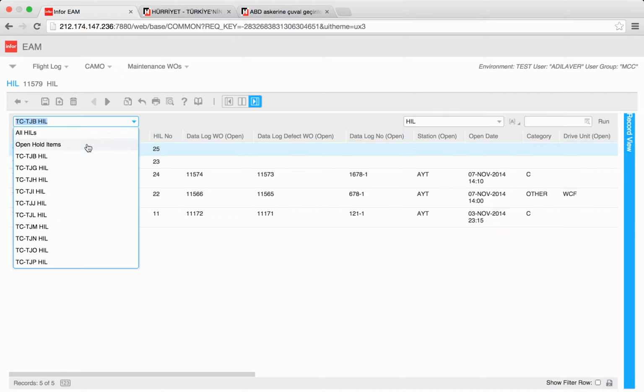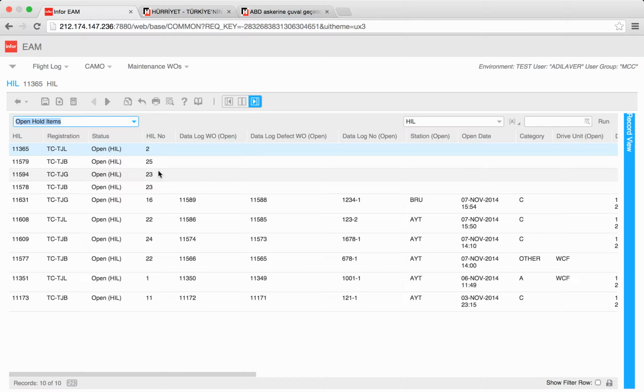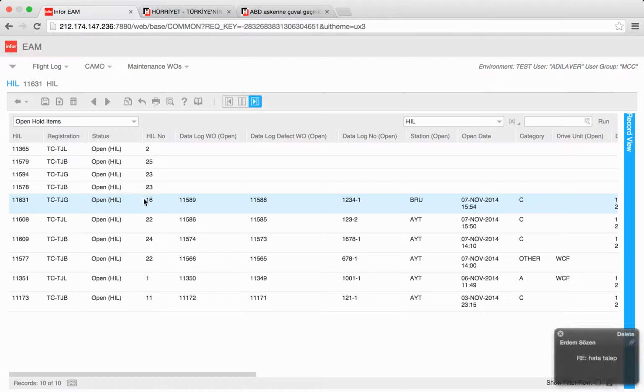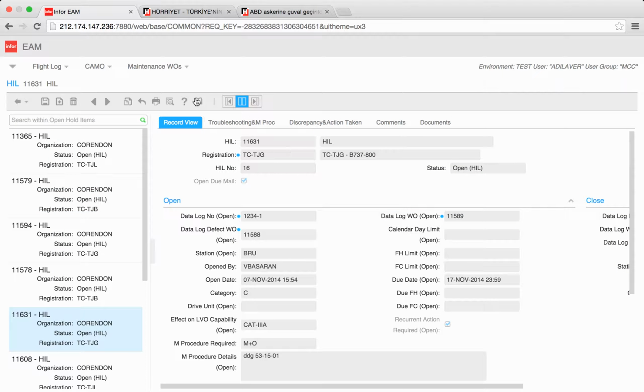And also there is one more useful and beneficial hold item filtering option. This is the open hold items, which lists all of the open hold items. And after that, if you open that, we can, by double clicking this or by turning into split view like this, here is the button. We can open the